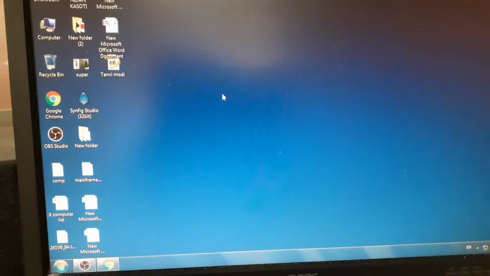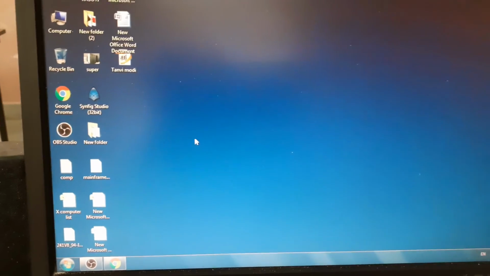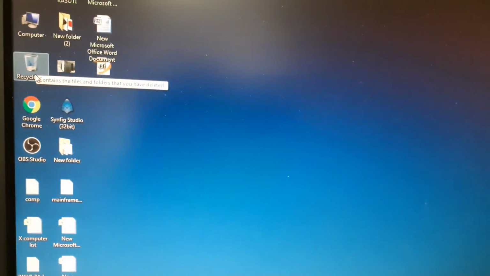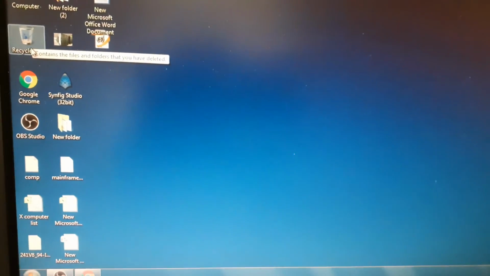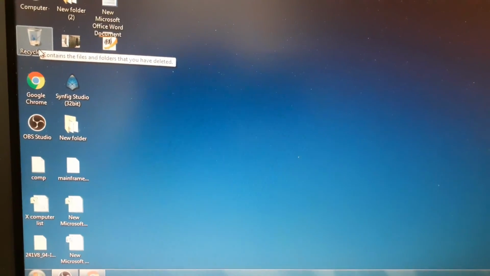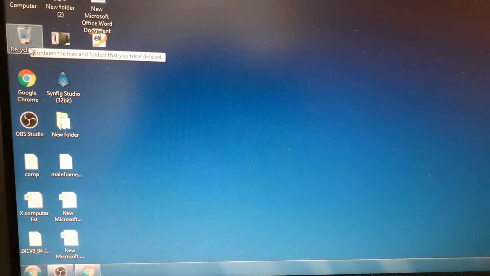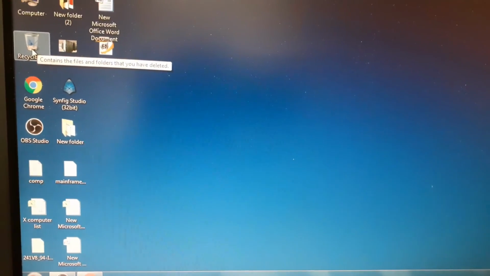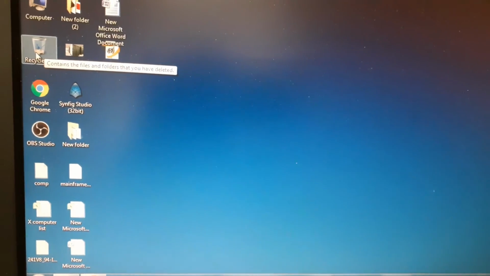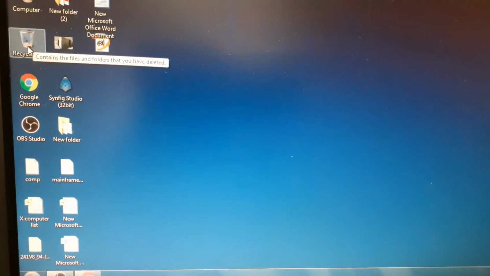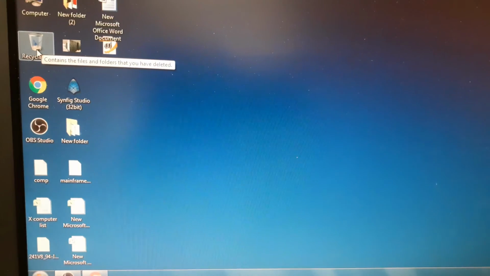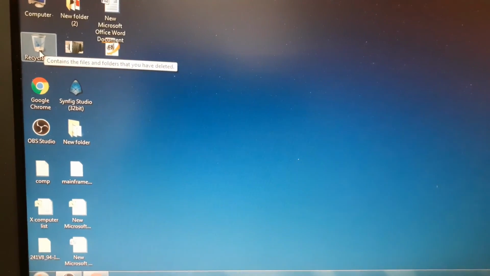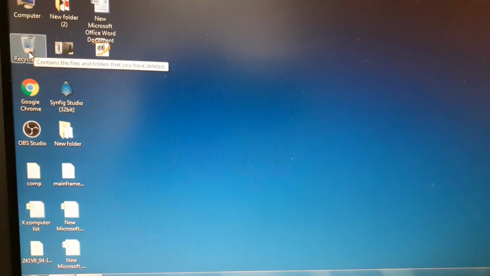Right? Now for example, on the desktop, point to the recycle bin. This is the recycle bin, right? Okay children, it contains the files and folders that you have deleted. So deleted items will be stored in the recycle bin. Now when you point to the recycle bin and place the mouse pointer over an icon, the icon and its name will be highlighted.